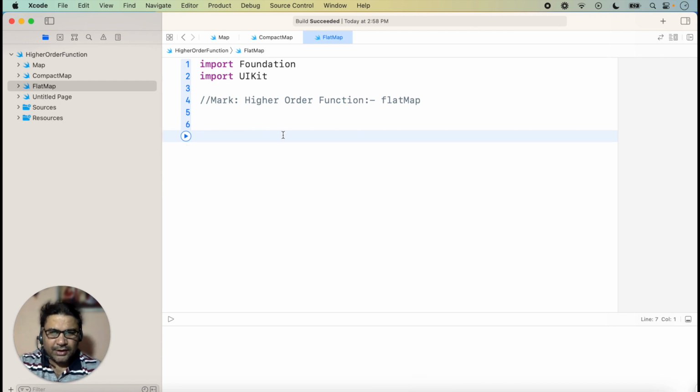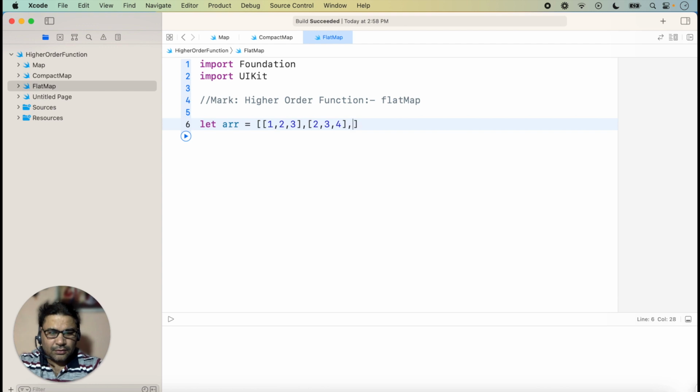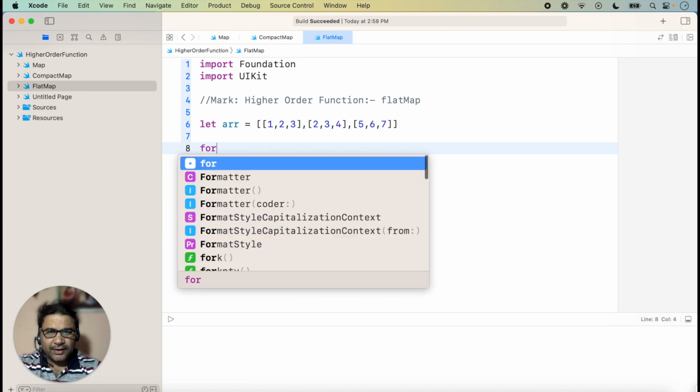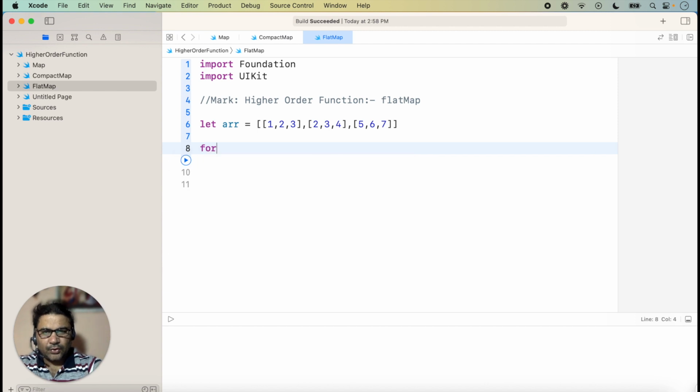Suppose here I am taking an array, and here I am taking 1, 2 and 3, then 2, 3 and 4, and then 5, 6 and 7. Now, if you try to resolve this, we want to display the values with the for loop. So first of all we will try it with the for loop, then we will try it with the flatMap. Suppose here the for loop, and here the value num in array,